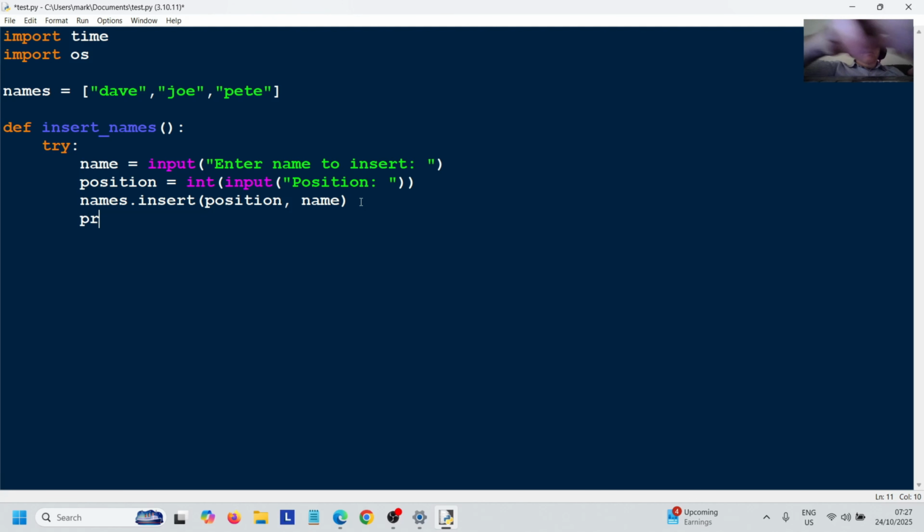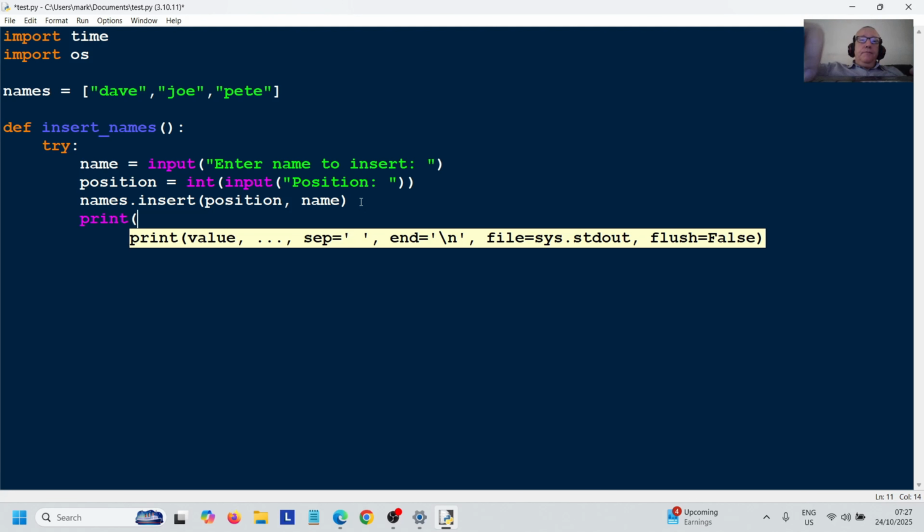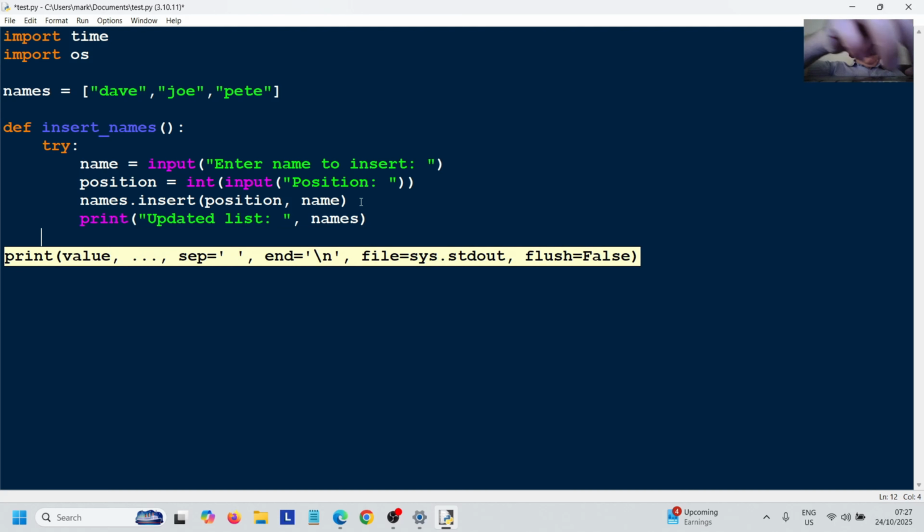So then we're going to use the print command again and say updated list. Yeah, so it will show the updated list, and then we'll just insert the name there. Sorry, names, because that's the name of the list. So we're going to print the list itself there, and then we're going to close the error handler